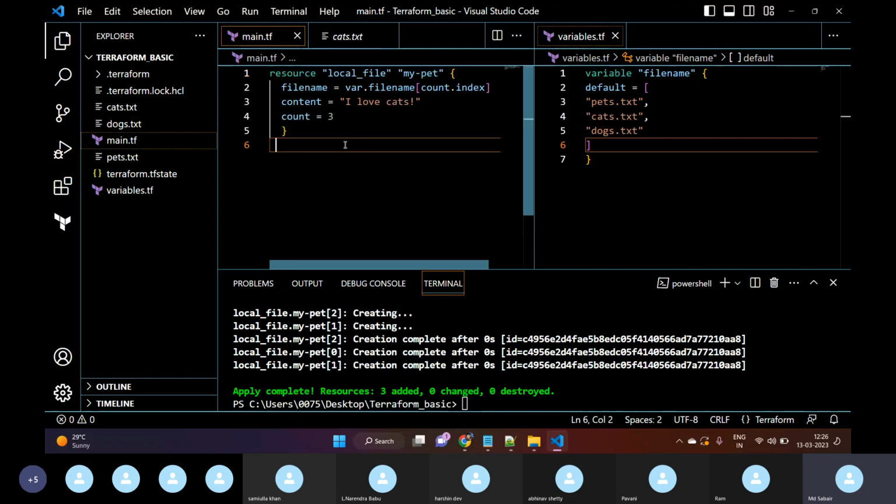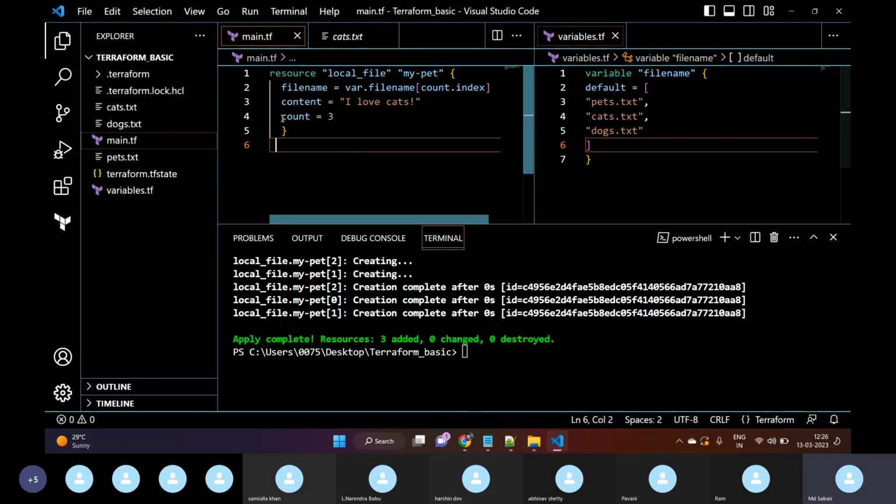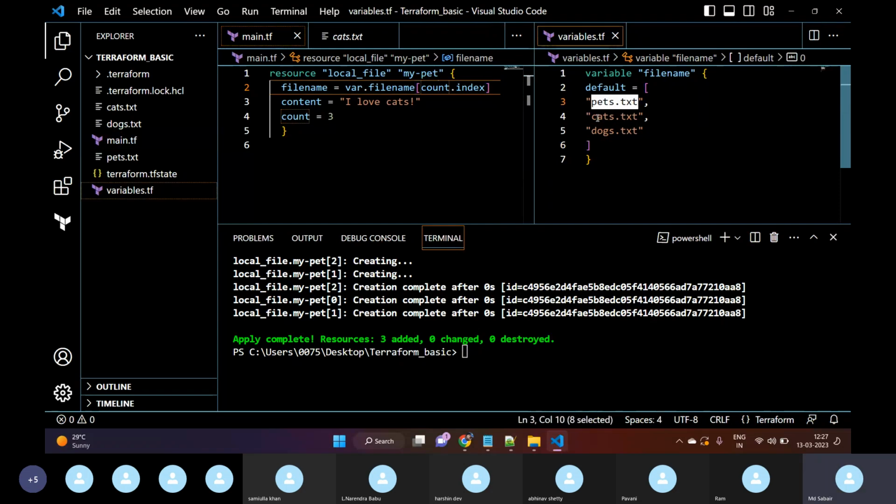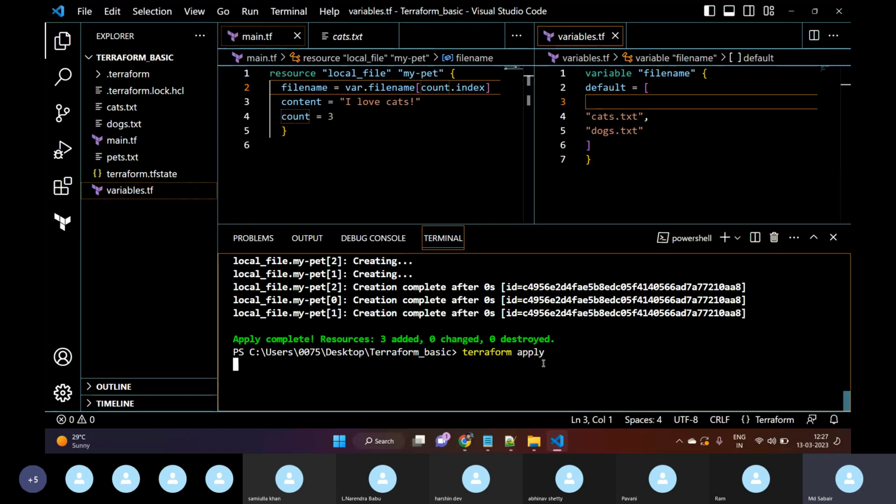So if you want to create multiple files, in such cases we can use the count meta argument. And the variable should be in terms of var.file_name and count.index, where 0 means pets.txt, 1 means docs.txt, 2 means cats.txt. So for some reason, let me remove this. So we don't have pets.txt now. We have deleted pets.txt. If I execute terraform apply again,